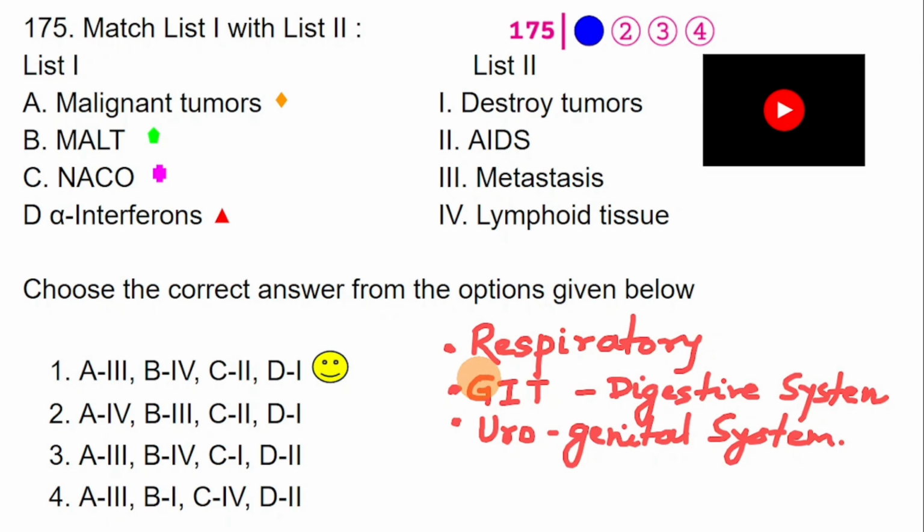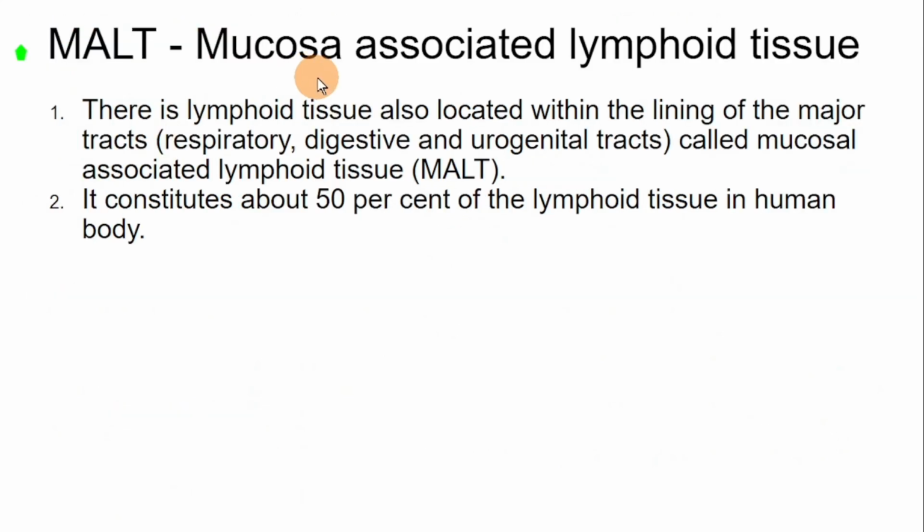And below the mucosal coating there will be a lot of lymphoid cells. There will be macrophages, then dendritic cells, then T cells, NK cells, and they are like soldiers, patrolling the area for any potential pathogen and preventing entry via these systems. So MALT forms a very important component of our immune system. Let's read what is given about it. First things first, you need to remember the full form. It is mucosa associated lymphoid tissue.